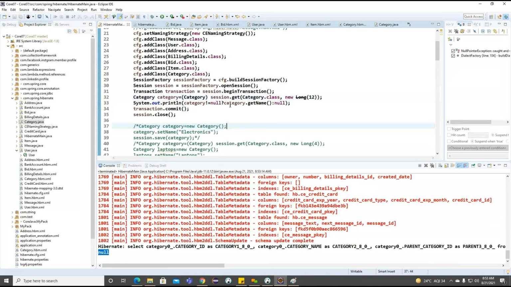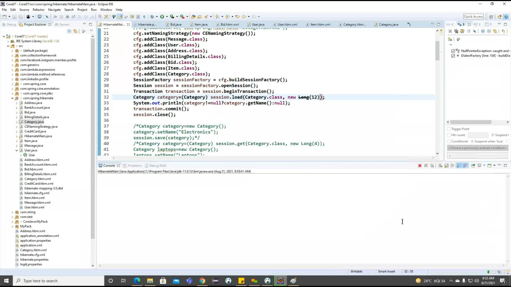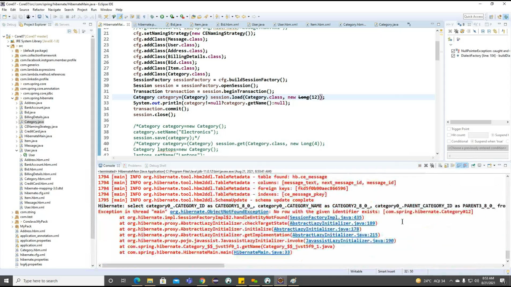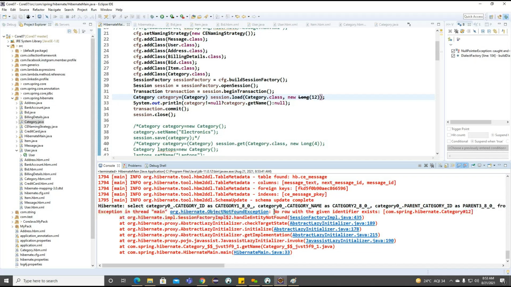Same thing, if I connect with our load now, we'll see what happens internally. Now you can see we are getting an exception. What is the name of the exception? ObjectNotFoundException, no row with the given identifier.